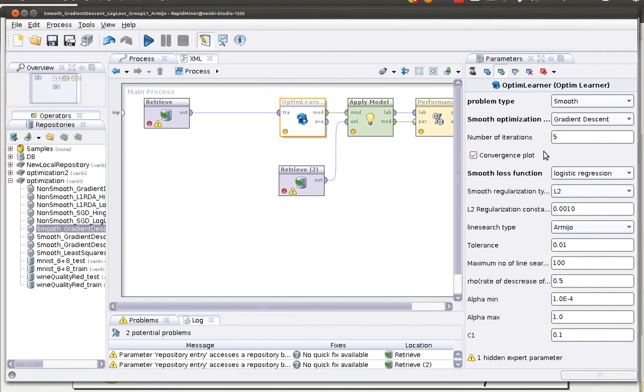In this sample process, we learn from the training set and evaluate the performance of the model over the test set. Here we adjust the parameters so that we now run a smooth problem type using gradient descent, and the number of iterations we set it to 5, and I'm choosing the logistic regression as a cost function with L2 as the regularizer. I'm giving the regularization constant L2 to 0.001, and I'm choosing the line search as Armijo, and you can leave the parameters to default when you don't know